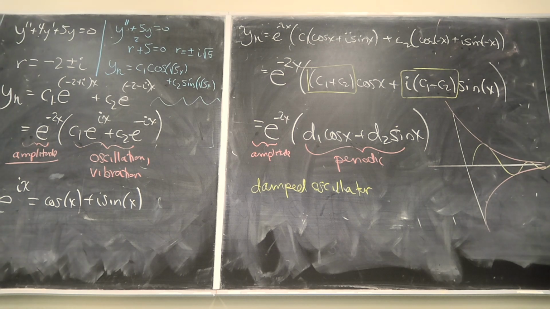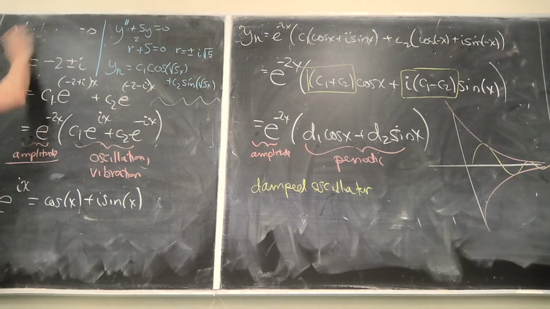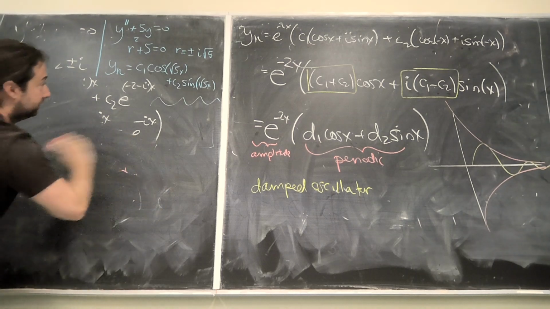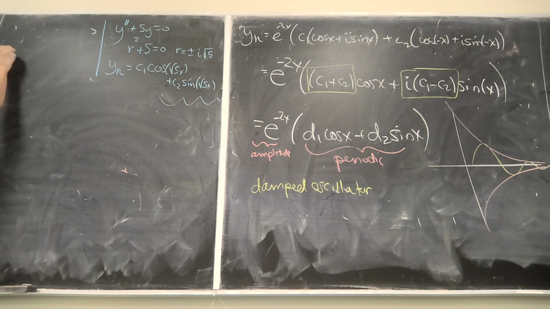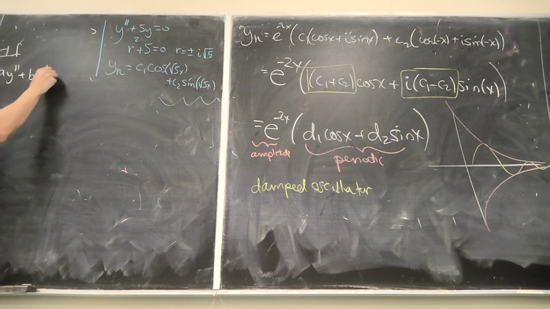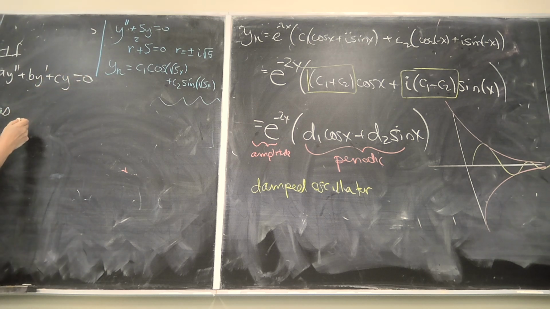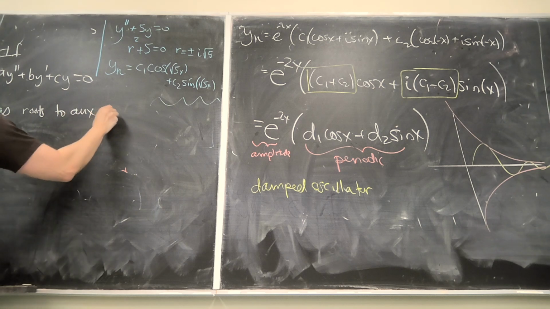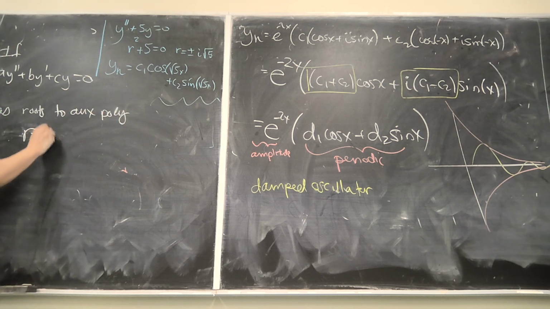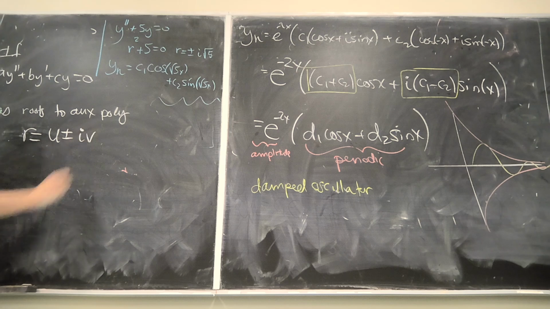All right, so let me be concrete now about what the general situation is. If ay prime prime plus by prime plus cy is equal to 0 has roots to the auxiliary polynomial, r is equal to u plus or minus iv,